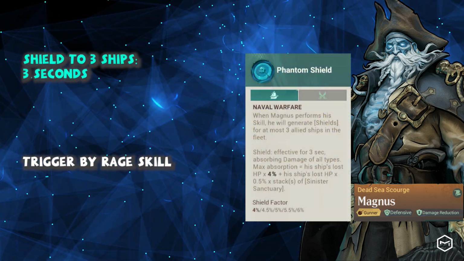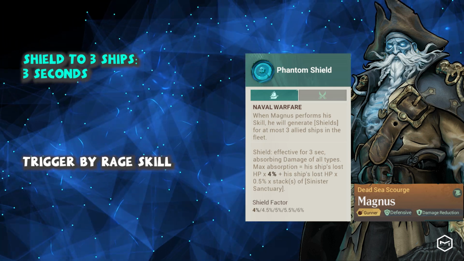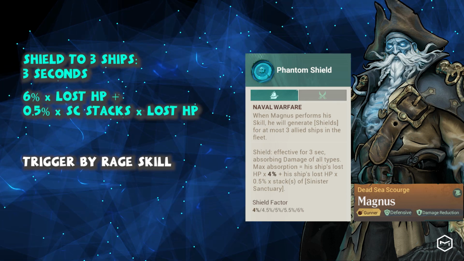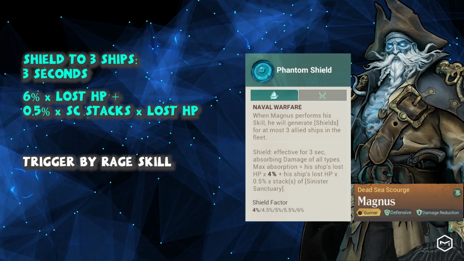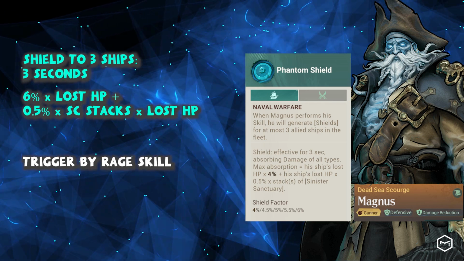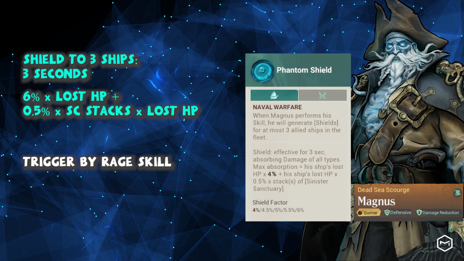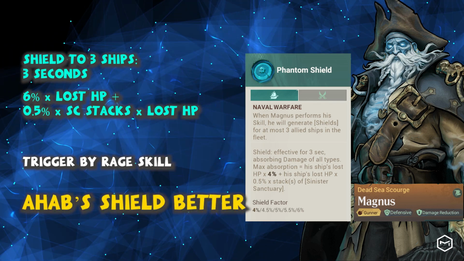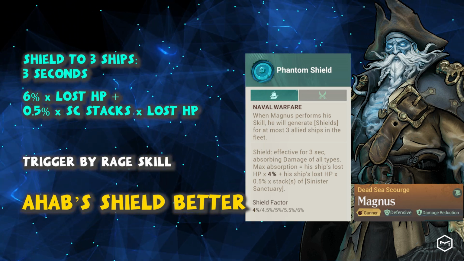His third skill activates simultaneously with his rage skill, generating shields for 3 allied ships for 3 seconds. The shield amount is determined based on a percentage of the ship's lost HP rather than its maximum HP, making it less effective if the lost HP is minimal early in the battle. Magnus's shield lasts only 3 seconds, while Ahab's lasts 5 seconds. In contrast, we prefer the shields from Ahab and Yuji, which are based on maximum HP and have a more